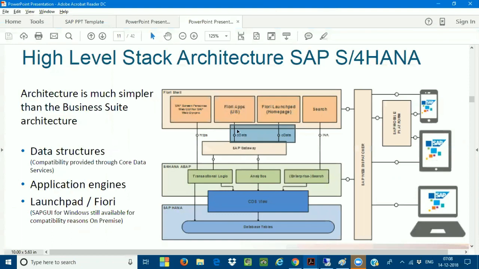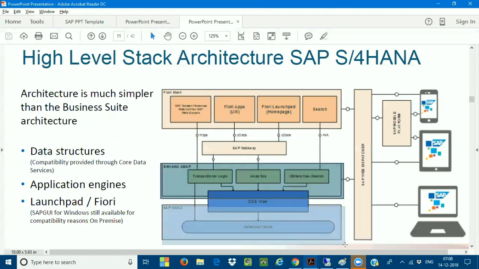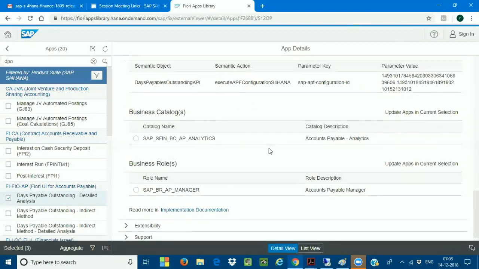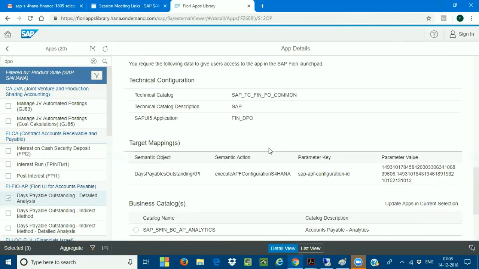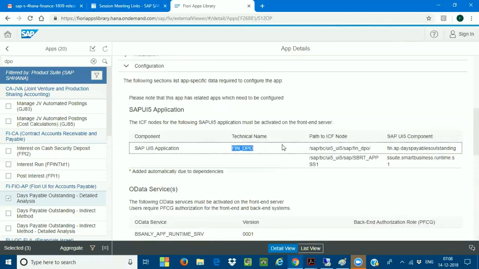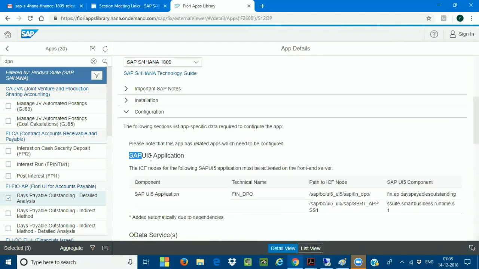Whenever I want to see the reports, whenever you want to execute this particular Fiori app, this OData connectivity will make sure it gets connected to your SAP ABAP backend, and it will extract the data from your SAP HANA database. These things are very important from the Fiori consultant point of view. It is not important for your side, but keeping it as knowledge is very important from our side. So these are the parameters I had to look out for. That UEFI application is nothing but your Fiori.